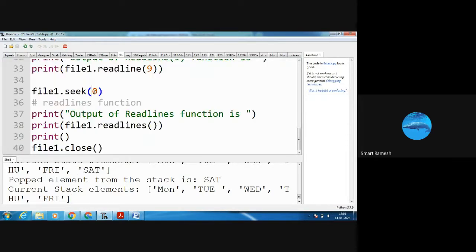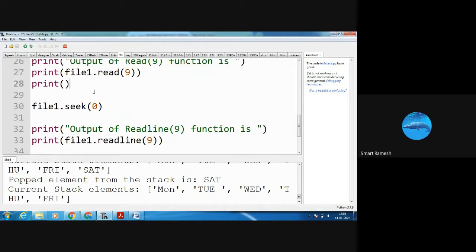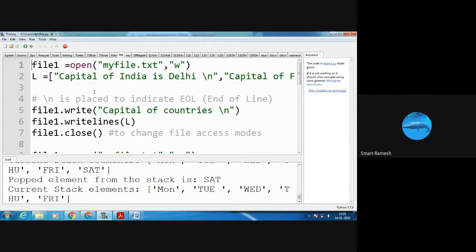Next, ninth experiment. Ninth experiment is the file concept. Here, file 1 equal to open of myfile.txt, comma w. Comma w means write mode. It is going to create one new file, myfile.txt.